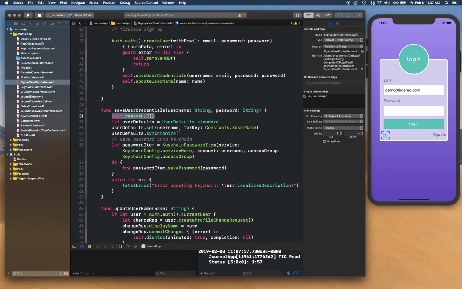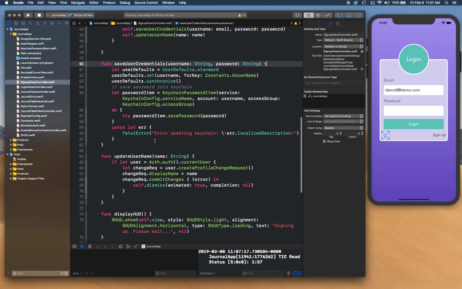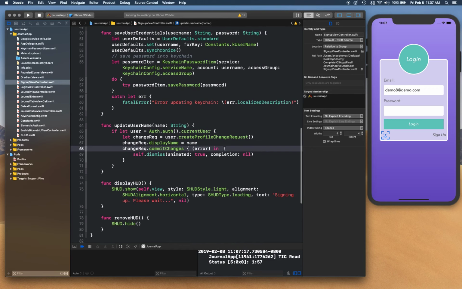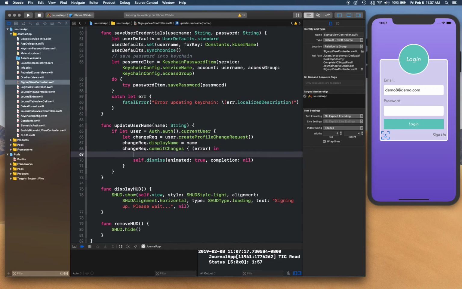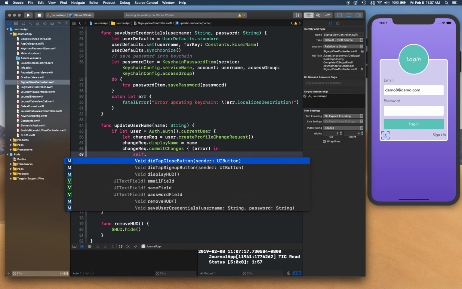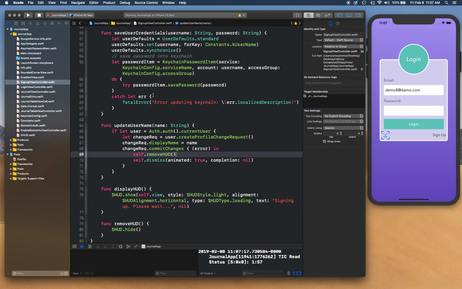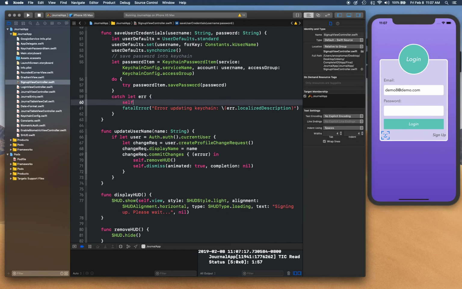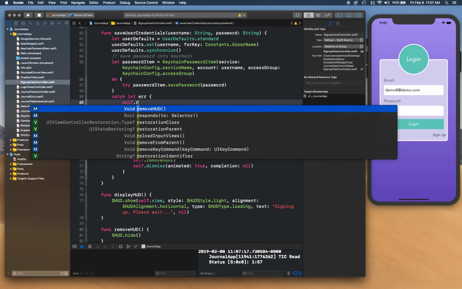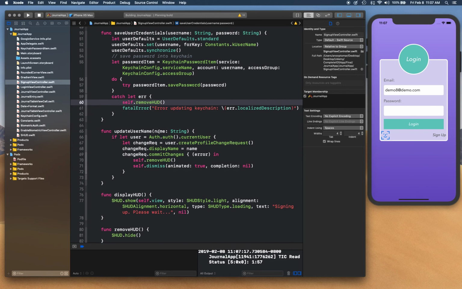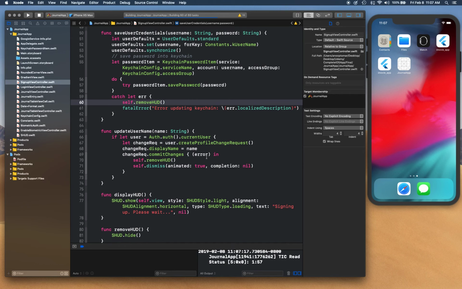And one more thing, actually, I think we should not remove this here, because this is not the last instance. Last instance is right here, so I think we should remove here remove HUD, and we should remove if there's any errors. So remove HUD. There we go. Okay, let's run it again. Make sure everything works fine, and we are good with our